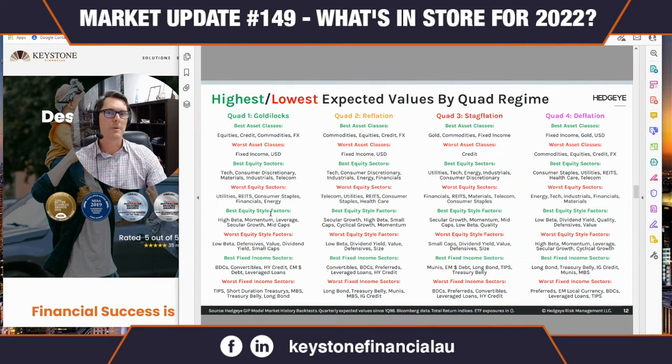But some things are going to perform a bit better in a quad 1. And again, if we have a higher conditional probability that we're going to have a shallow quad 4, I can still own equities, but there's certain equity factor or equity sectors rather that I actually want to own. And then there's also some style factors like having low beta stocks, higher dividend stocks, as you can see here, owning some quality defensive stuff and the like. You also want to own more fixed income, gold, and the US dollar likes quad 4 as well. So that is from the quad that we're going to in this next quarter.